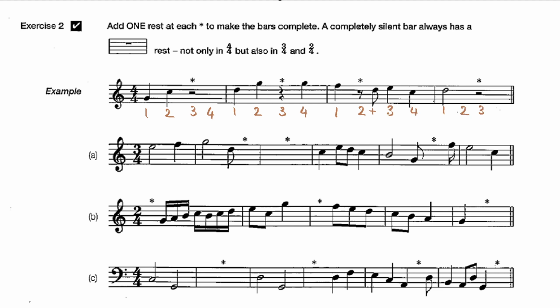And finally a minim rest at the end on beats 3 and 4. And this sounds like this. I'll sing it in a kind of tenor-ish range. It goes 1, 2, 3, 4. So, do, rest, rest. Re, so, rest. So, fa, rest. Ti,